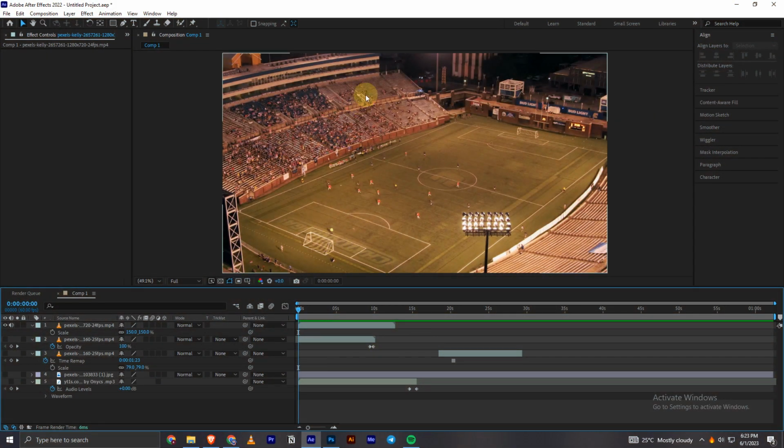Hey everyone, today in this video I'll be showing you how you can easily add a vignette effect in Adobe After Effects. Once you have the project opened up, after importing all your files and doing your edit, what you can do to import the vignette is right click on this empty portion, and then you have